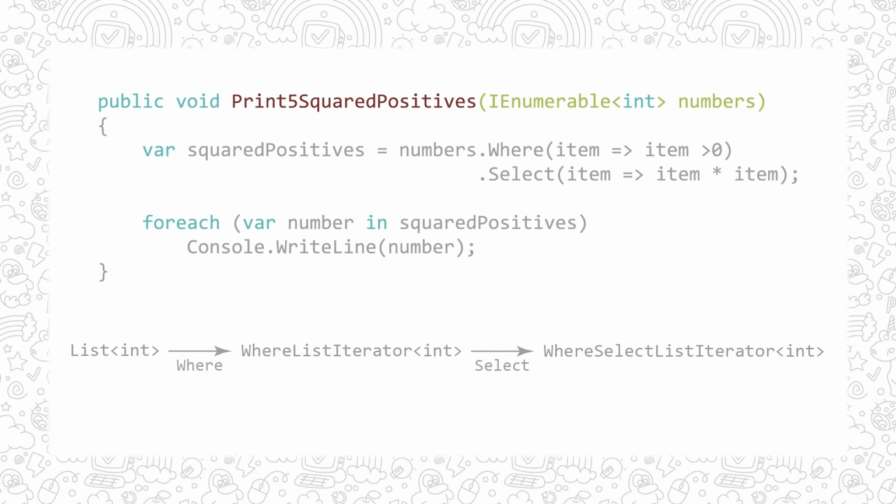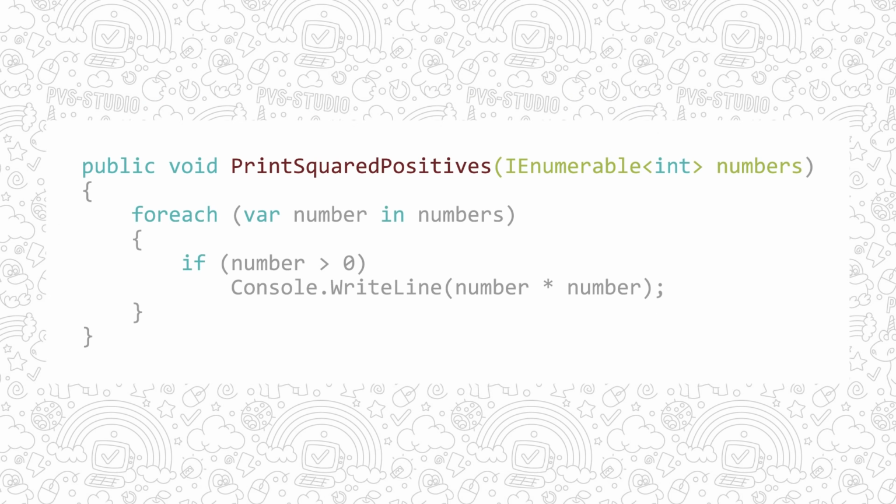Every time we call the extension method, the number of objects in the heap increases. So what if we solve the issue without LINQ? IEnumerable in foreach without LINQ requires memory allocation for one object, the enumerator. It goes to the heap when we call GetEnumerator. You've probably noticed the absence of lambda expressions here. They also create additional objects in the heap.